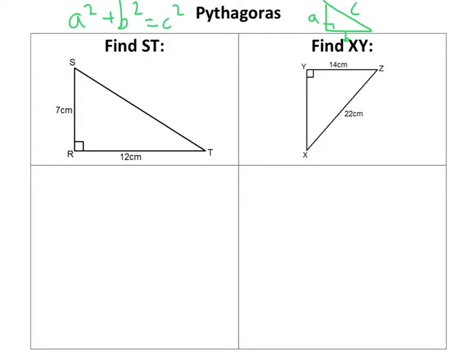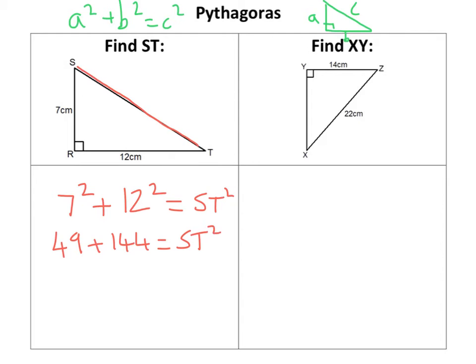So, a hypotenuse, in this case, ST it says to find, so ST is this side here, and so you're going to get 7 squared plus 12 squared equals ST squared, whatever that may be. Now when you do this, make sure you show your workings, because that's what you get most of your marks from. It'll only be a couple of mark question, but there you go. And you can obviously use a calculator for this sort of thing. So I've got ST squared equals